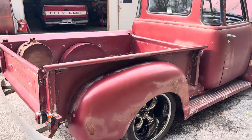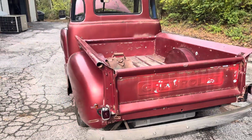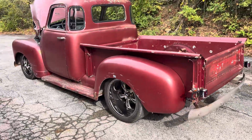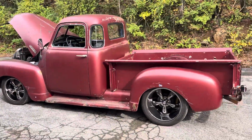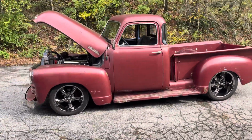Take it just like it is, tinker with it, make it your own, take it to the next level. Like I said, I've got some interior pieces to finish that out, but